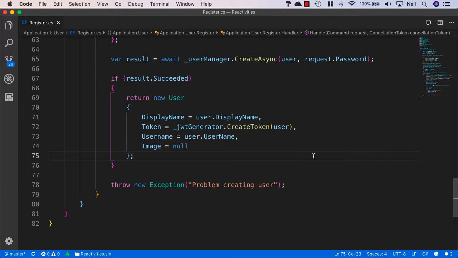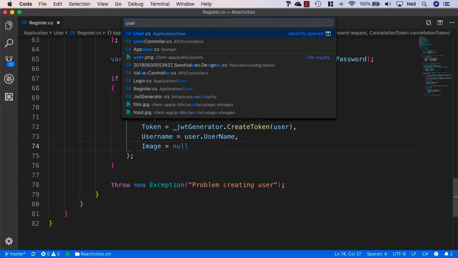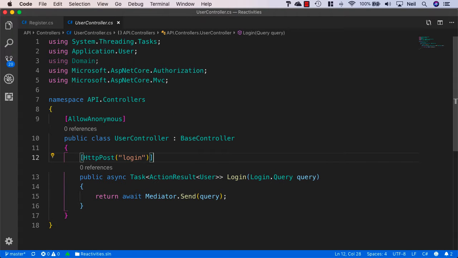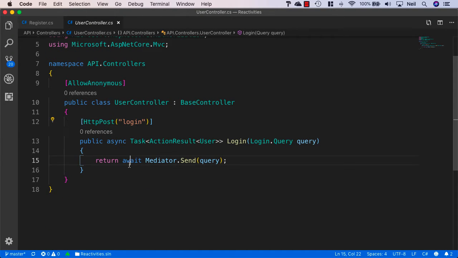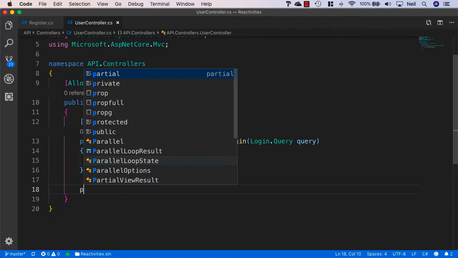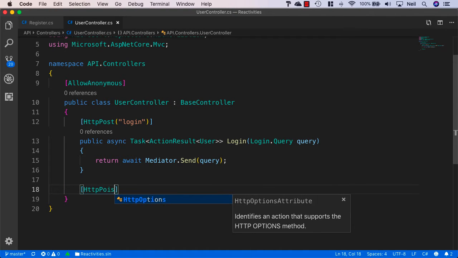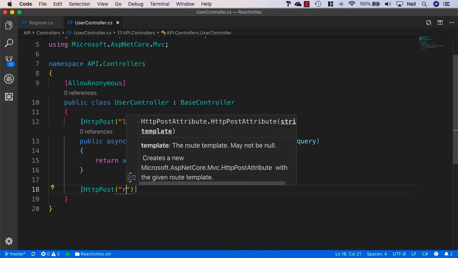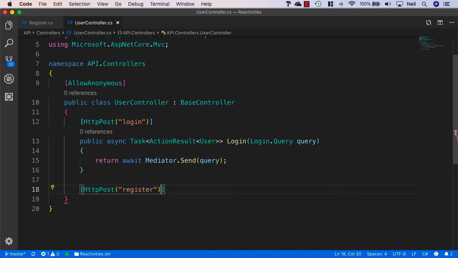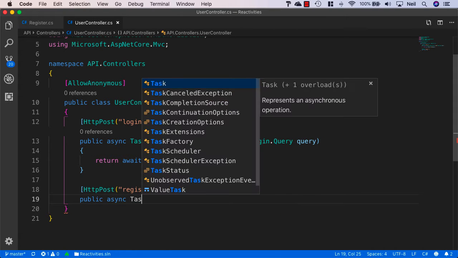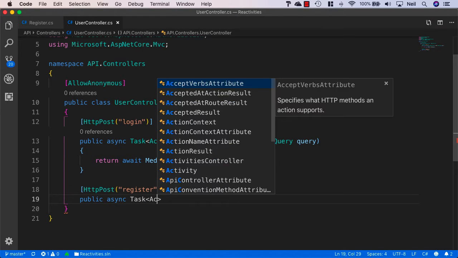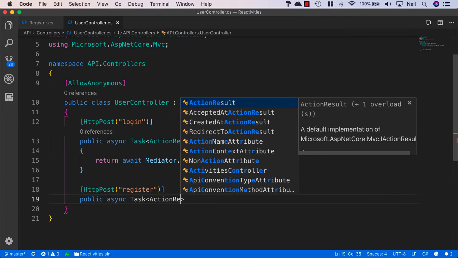So now we have our handler, let's go back to our user controller and add the method inside there to register a user. So this is also going to be a HTTP post. So we'll add the HTTP post, and this time we'll specify register as the additional route, and we'll say public async task, and once again we're just going to return an action result